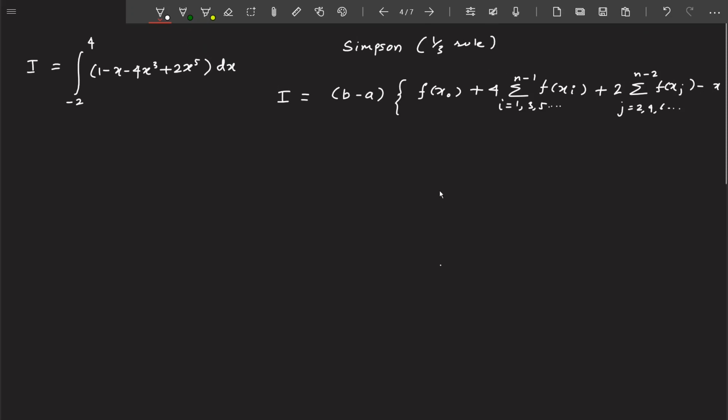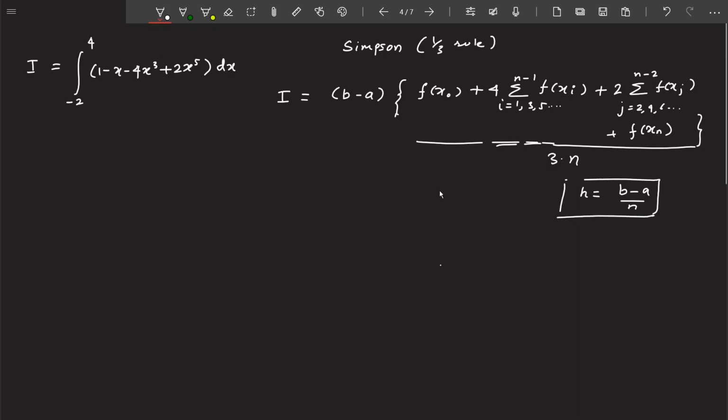Just write it down here. Divided by 3 into n. Okay, again when you talk about the step size, it's going to be b minus a divided by n. Formula of step size remains the same,